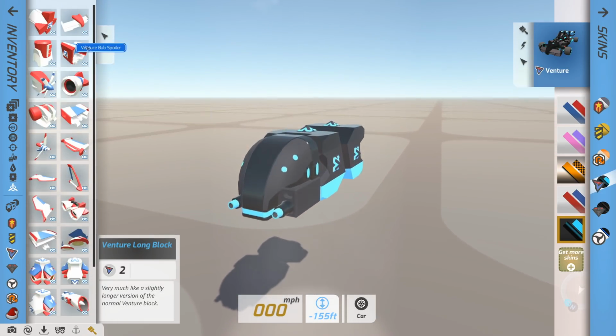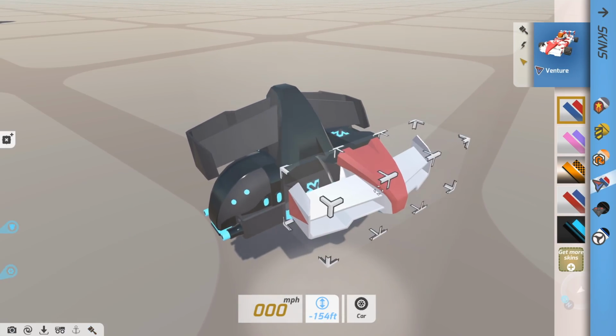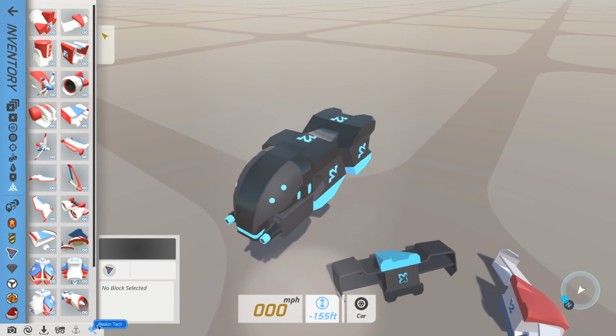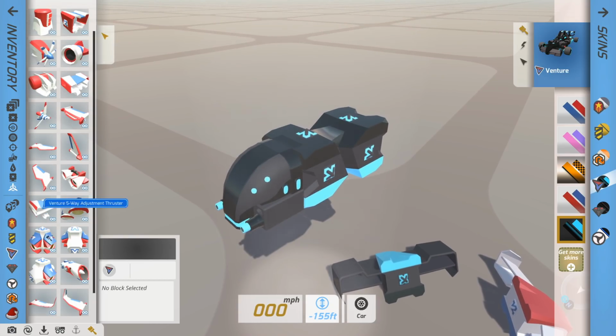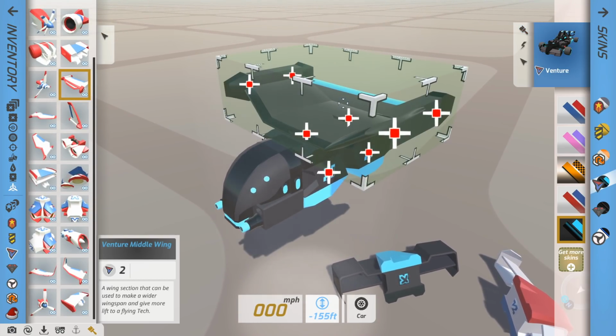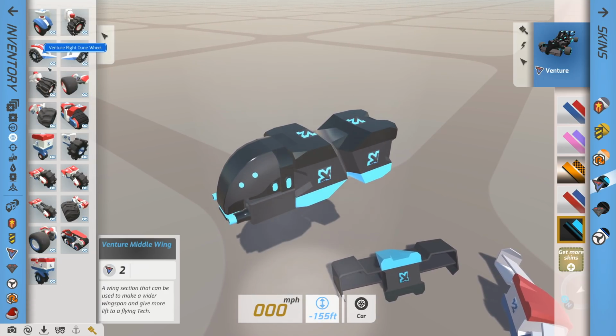So, let's see then what blocks have even been changed. So, that's still the same model, I think. Yeah, I want to use as many of the new models as possible, but if I'm going to go with a more generic build, I'm probably going to use a lot of the standard stuff anyway. Yeah, looking at the little example there in the top right, I can't see that many changes. Looks like some of the wheels have been altered, so they look a bit...